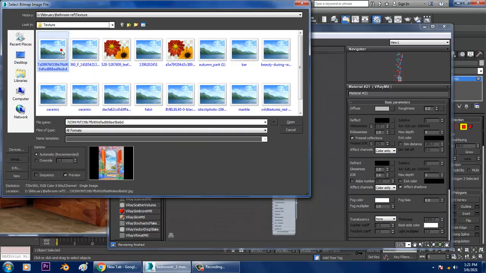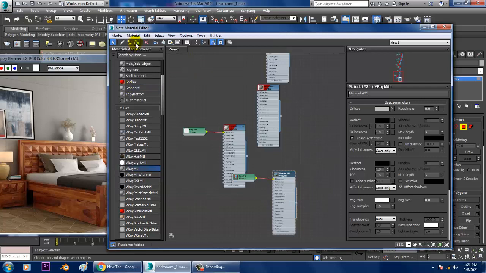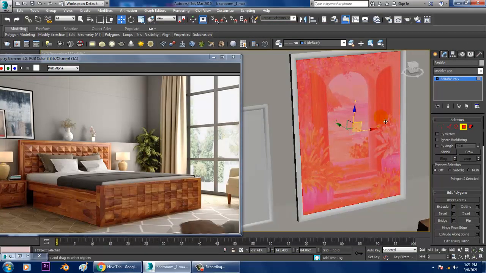Diffuse bitmap. We have definitely taken some texture over here. So we can just assign this for this painting.